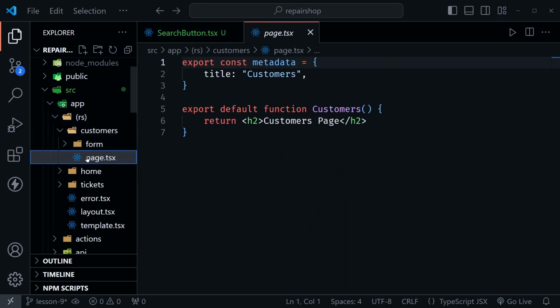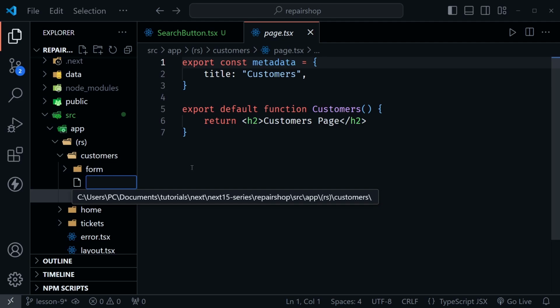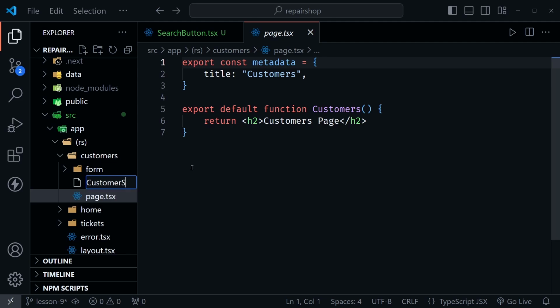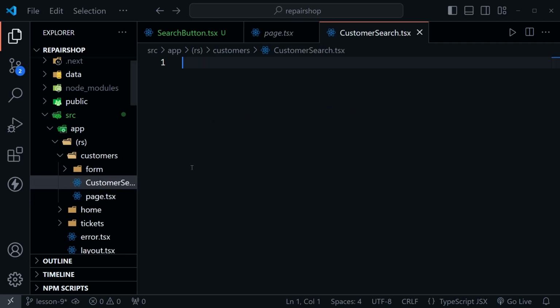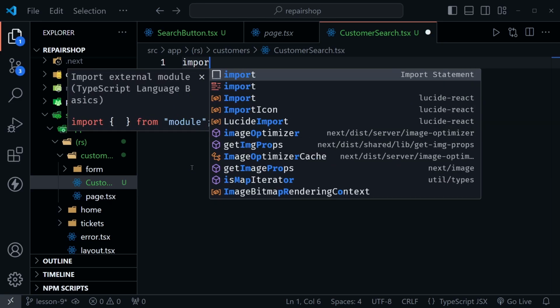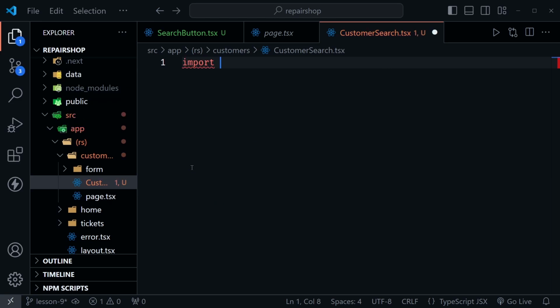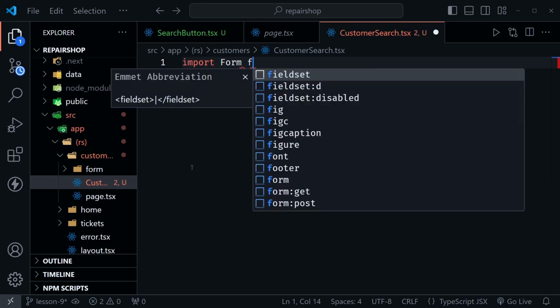We just want to be in the customer segment. And let's create a new component here, and we'll call this customerSearch.tsx. This does not need the use client directive. We extracted the search button that does need to be a client component. So here we can just start with our component, and we're going to import Form from